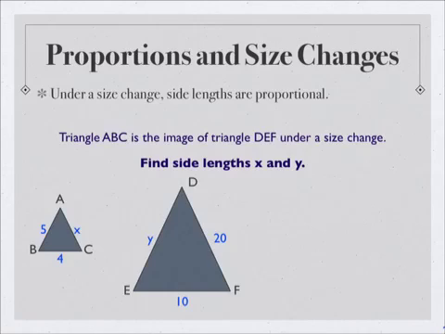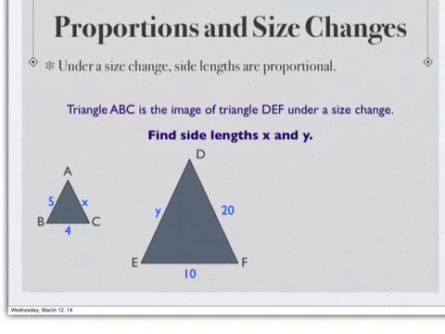So when you do a size change, the side lengths stay proportional. And that's because of what we were just talking about, that any pair that you set up in a fraction is always going to be equal to that k value. So that means they're all equal to each other. It says triangle ABC is the image of triangle DEF under a size change. So if they are equal under a size change, that means their ratio stays the same and we can set